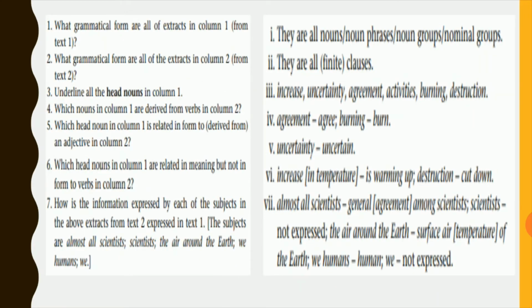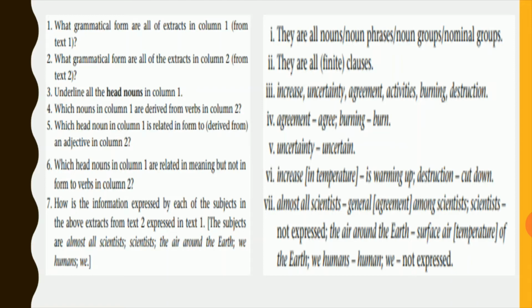And now these are the answers. For example, the answer to the first question is they are all nouns, noun phrases, noun groups, and nominal groups. But the answer to the second one is they are all finite clauses. With this activity, the student will realize what the grammatical features are in the two texts. And here the student will also notice